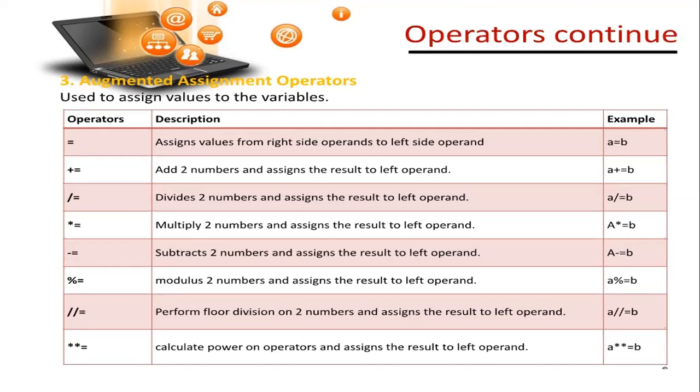Clear? Is this understood? When is this used? When you are modifying the value of the variable. If you remember last class yesterday when you did x plus y and you did all those, the value of x and y did not change. Yes, but over here, if you remember, when I was checking the value of b, when I showed you all the live example, did you all realize that the value of b was actually being changed? Yes, that means these augmented assignment operators help us to change the value of the variable during the program. Okay, during the program. Clear?